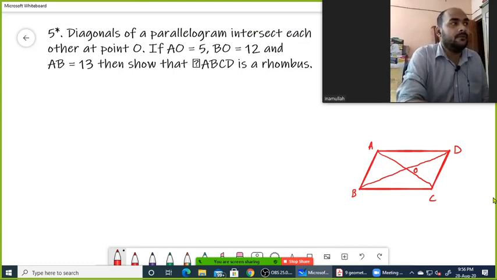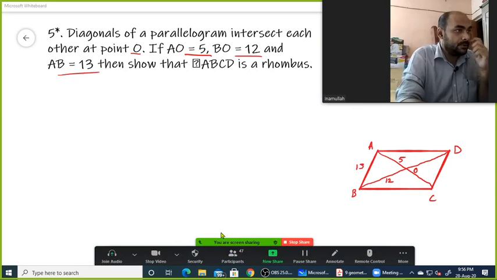Question number 5. Diagonals of a parallelogram intersect each other at point O. So as you can see, this is quadrilateral ABCD, which is a parallelogram where diagonals AC and BD intersect each other at point O. If AO is 5 units, BO is 12 units, and AB is 13 units,